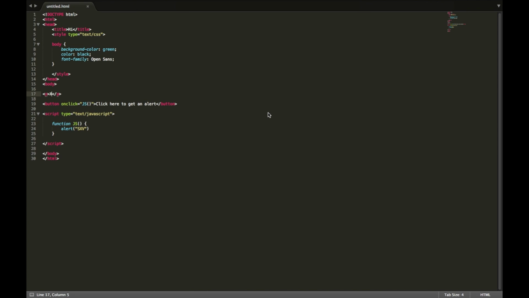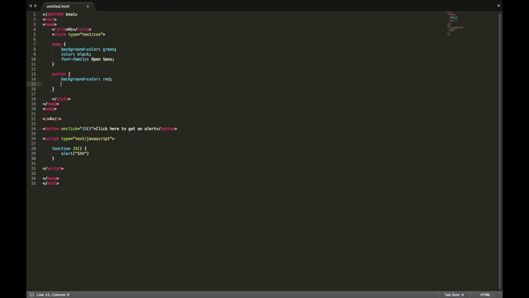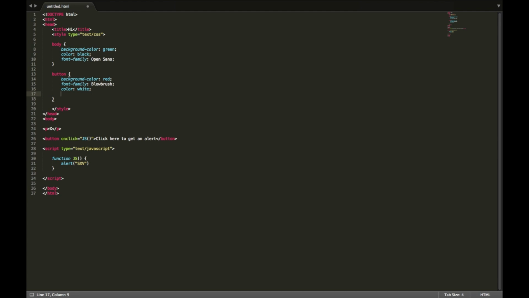Now I'm gonna teach you how to style a button. So I go down and make my button. So I want the background color to be red because I like the color red a lot. So I put red and terminate it. Then font family, here I want to make it Blow Brush. So it has to be a font that you've installed. If I haven't installed Blow Brush, I can't exactly use it. Then I want the text to be white. Then I want the